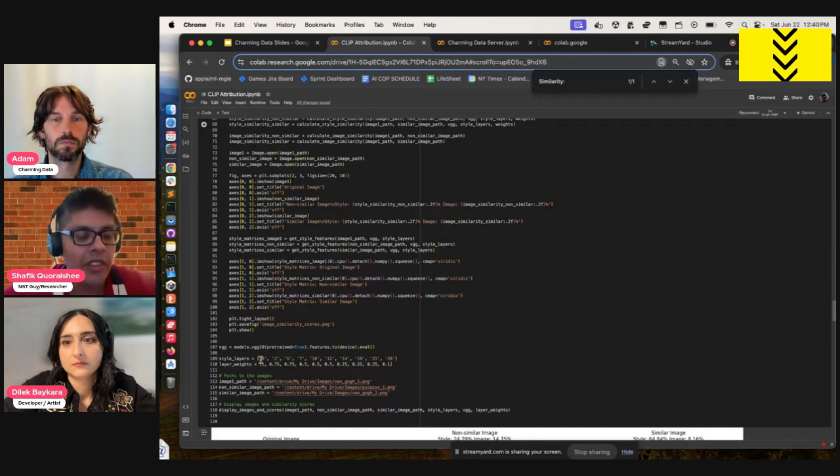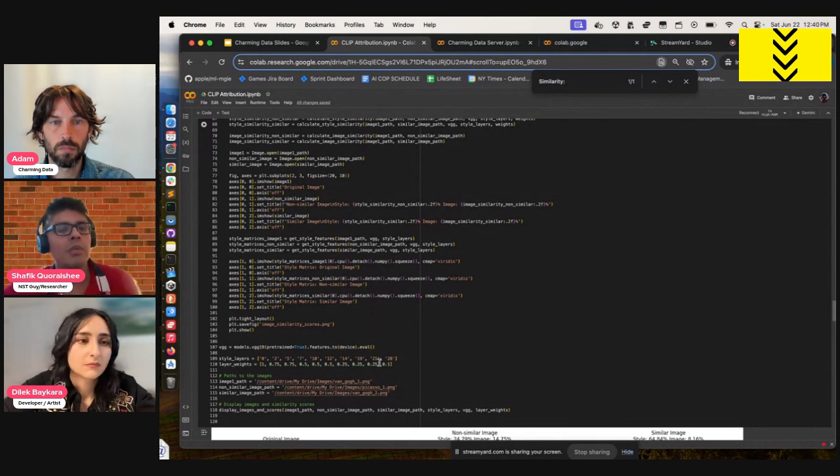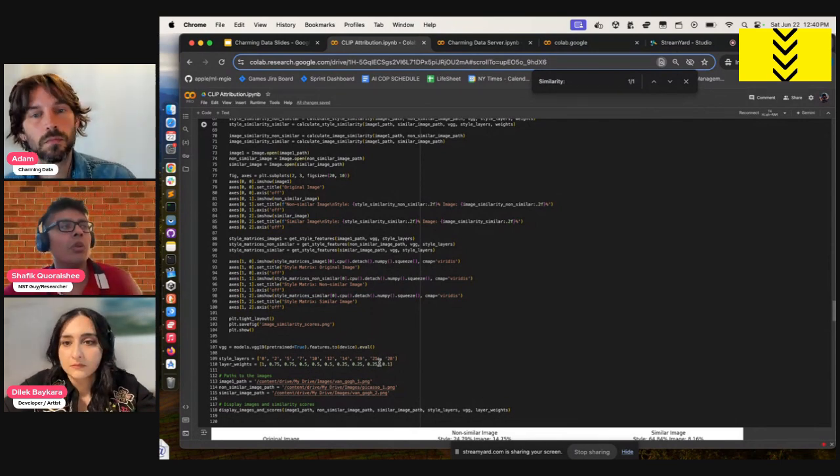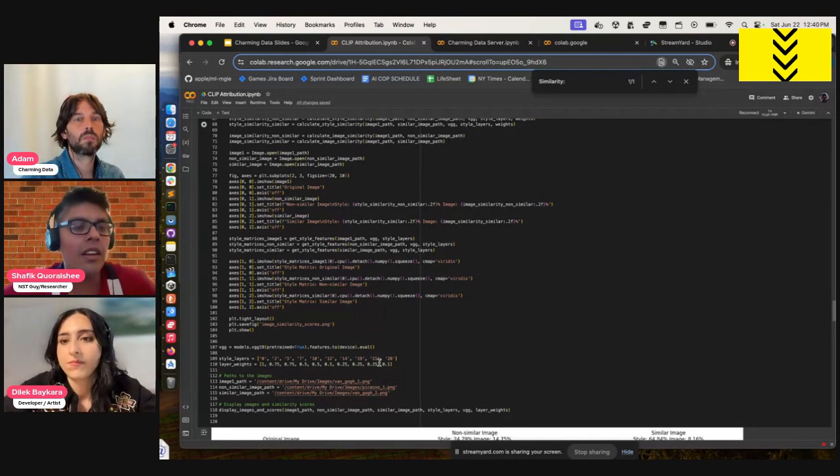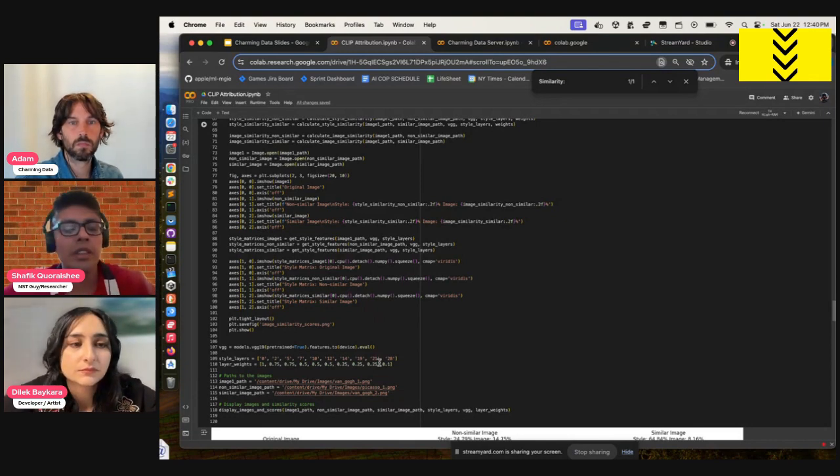So for example, in this example, I have the style layers that I've extracted here from the VGG network, and then the layer weights, where you can see there are percentages applied. I've hard-coded them based on what could approximately be associated with styles, but there are more intelligent ways to do this. For example, you can do things like randomized search, hyperparameter search, things like that, which I'm experimenting with elsewhere to get an even better score.